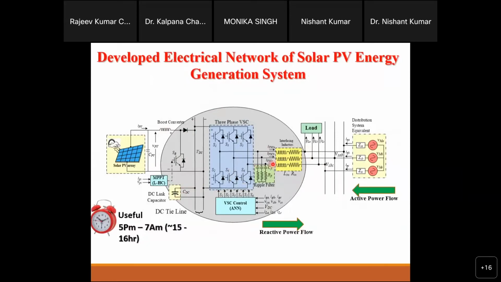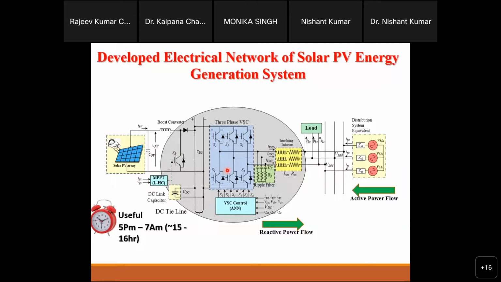We can use it for reactive power generation, or for nonlinear power generation, and in this way we can support the grid at night through this operation. Definitely it is not going to generate solar power because at night solar is not available, so we use it for those purposes. Through this way we can generate reactive power, similar to a STATCOM.